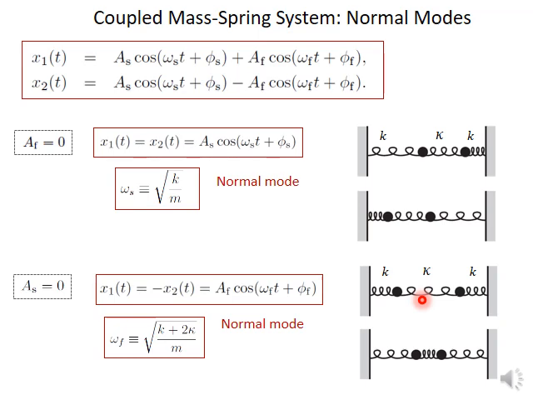And this frequency is larger than the slower frequency simply because each of these masses has two restoring forces acting on it, one due to this spring and one due to that spring. In this mode, this restoring force was missing. So when the restoring forces are larger, the frequencies are larger. The frequency